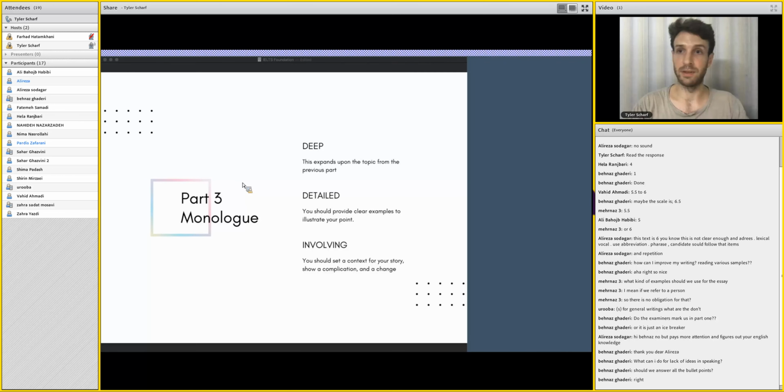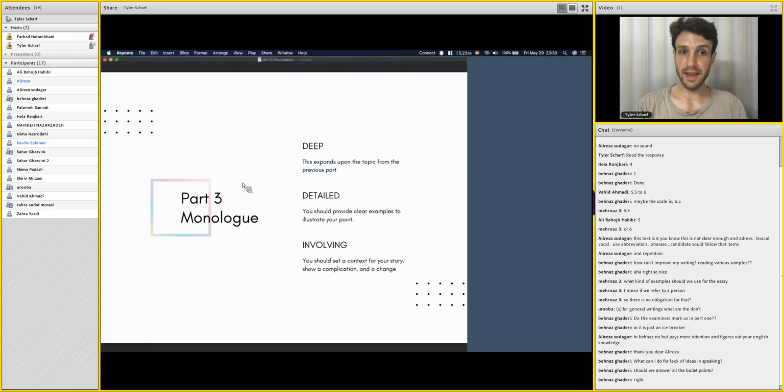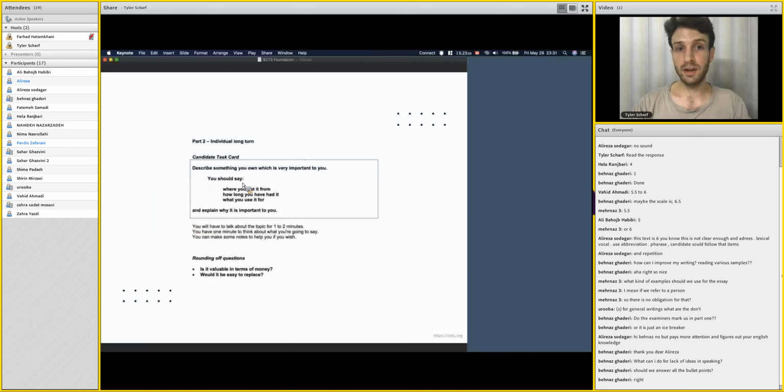I recommend, what I suggest for this one is, like I said, set a clear context. Don't look at the bullet points until you need ideas. So just talk as much as you can. And then when you're running low on ideas, pull up the card and look at it and go, oh yeah, I've had it for quite a long time actually, because one of the biggest mistakes that students make with this